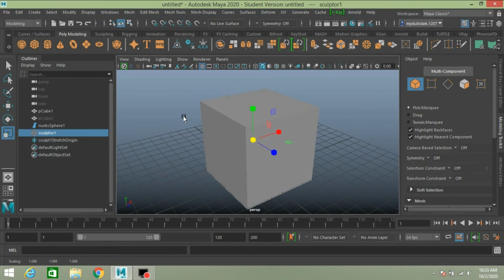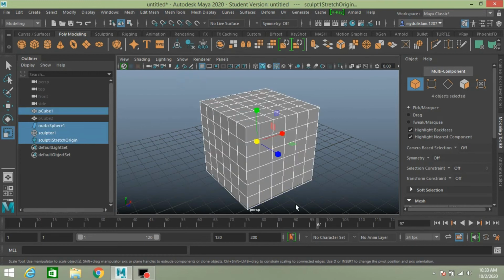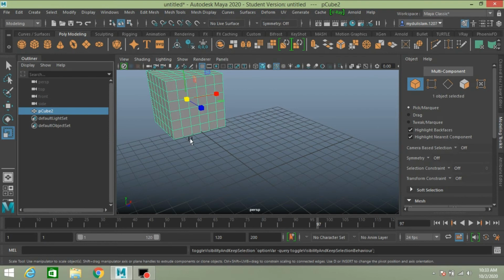Now you can do the same thing for a polygon object. Select all, press Delete, unhide the polycube 2.